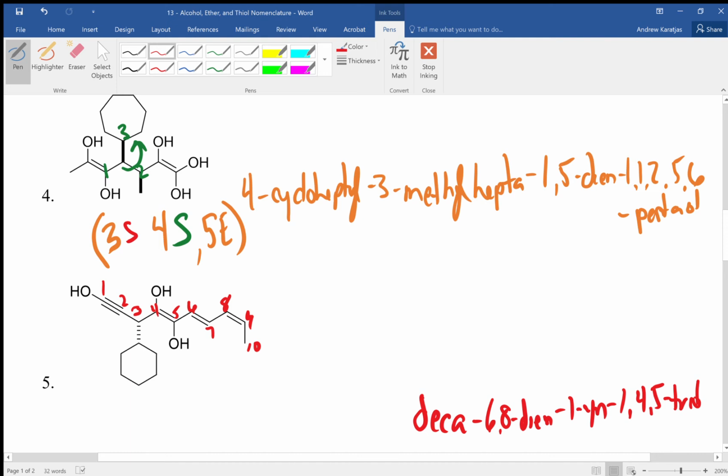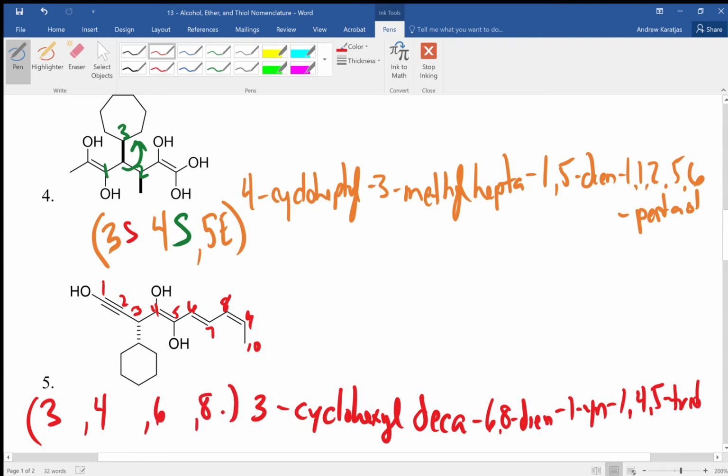Other substituents, just the cyclohexane ring at carbon 3, so that's 3-cyclohexyl. And then finally, for our stereochemistry, we have a chiral center at 3, we have an alkene at 4, an alkene at 6, and an alkene at 8. 8 is Z, we have 6E, we also have 4E, and our chiral center,